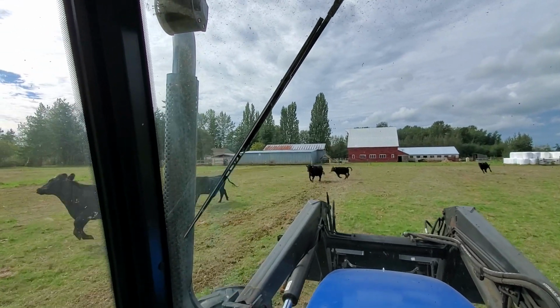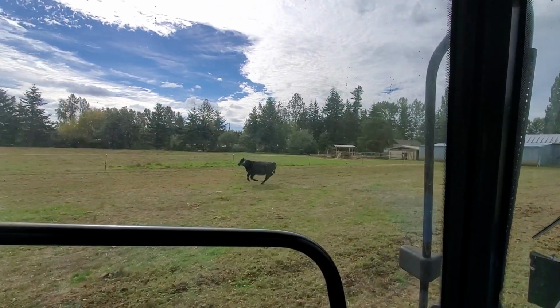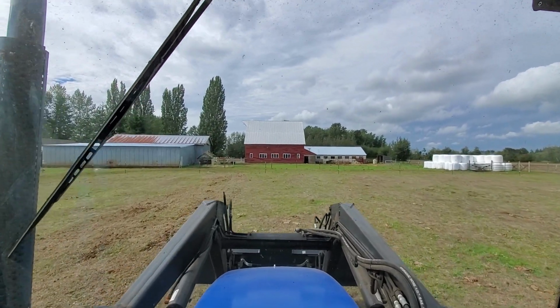We're doing a little bit of pasture management today, so some much needed pasture management. It's been a long time. Pretty much ever since we got the divider fence up,